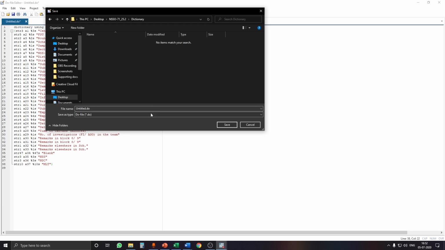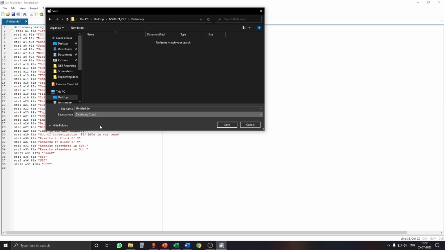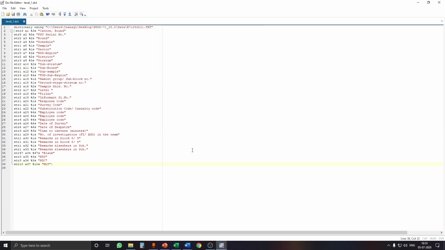Now the thing we have to make sure of is that we save it as a dictionary file. To save it as a dictionary file, we are going to go here, save as type, and we are going to select dictionary.dct. So we have selected dictionary, and for convenience we are going to write this as level_1. So this is the level 1 dictionary file. So we are now going to save it.